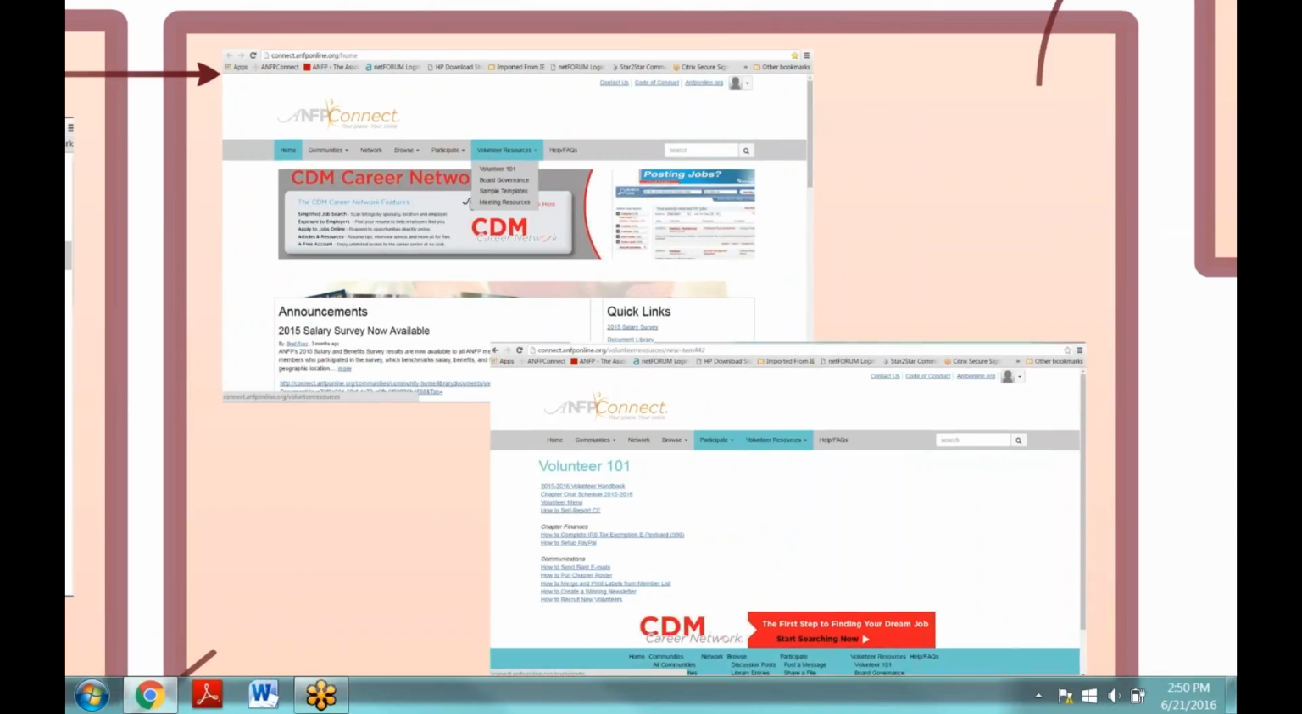Okay, so the first section that would appear is the Volunteer 101. And this includes many of our basic tools and resources that you would need for the first time volunteering with ANFP. It includes things like the chapter chat schedule, which has just recently been updated, so I would encourage you to look at that. How to report CE, so those of you that are not yet familiar, the self-reporting, that's